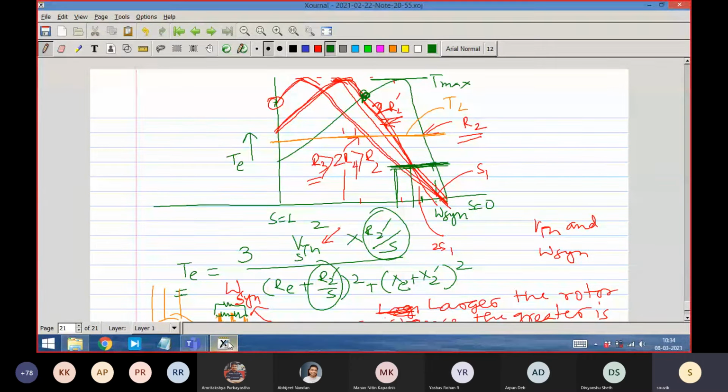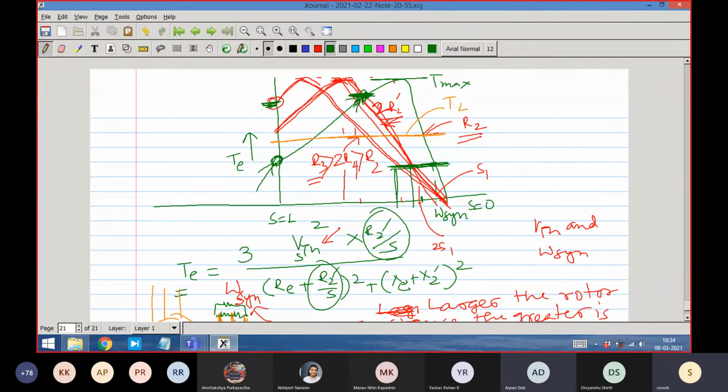For the original machine, S is equal to 1, and now you have increased the resistance, right? So this point is now coming to this point of the original curve, which has higher torque than this point. So what I mean to say is, this is the first starting point, and then take this torque corresponding to this slip, which is transferred to here, the third characteristic.